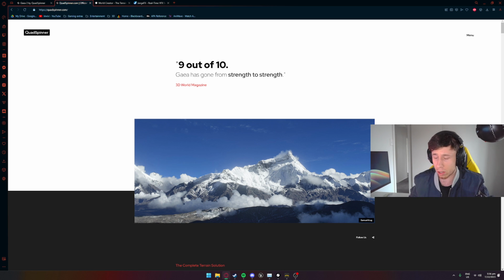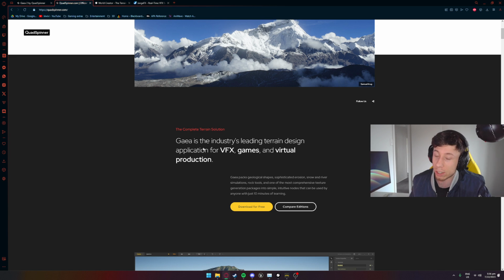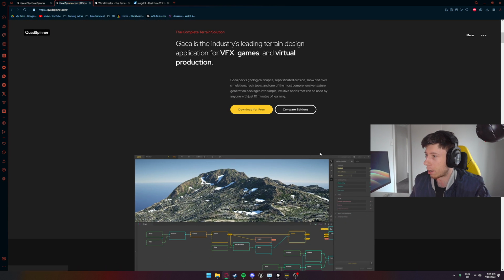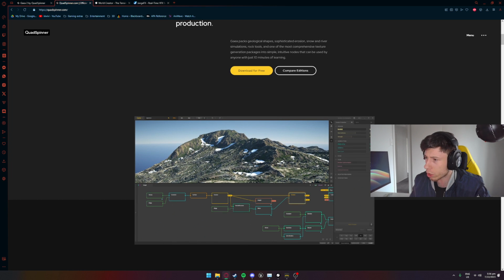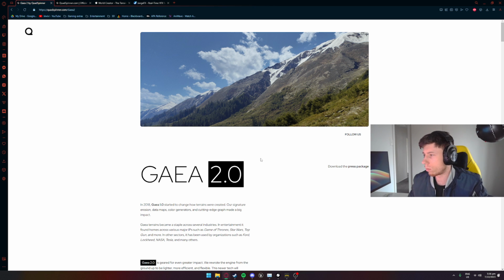Anyway, they have come out with a new update, moving from version 1.3 to 2.0, which looks insane. This image here is made by